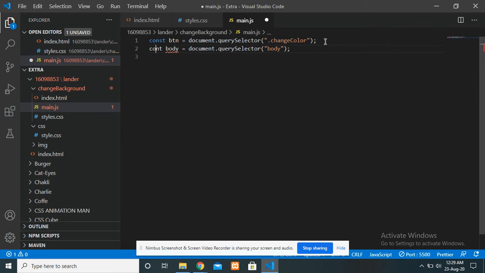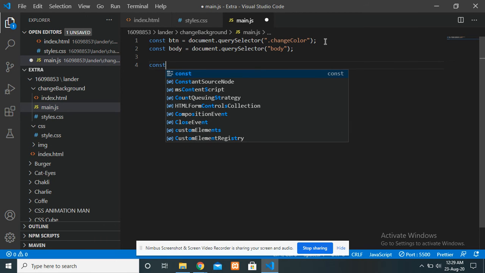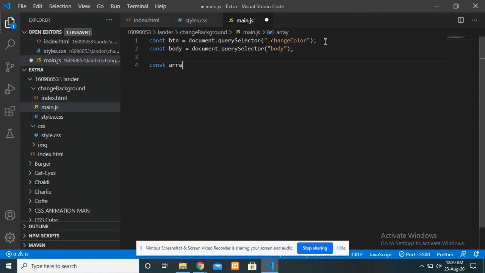So now I will create one array and save all the colors in that array. The first one is going to be yellow, the second one is my green, the third one is my blue. I just want to show that we are not limited to just names. So I will write one hex color like